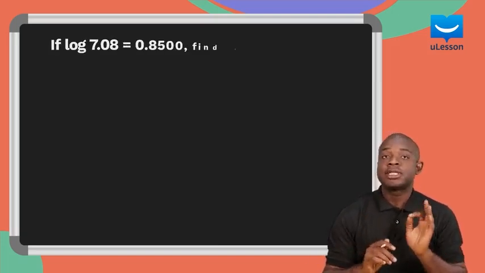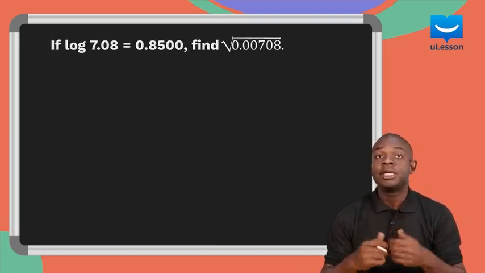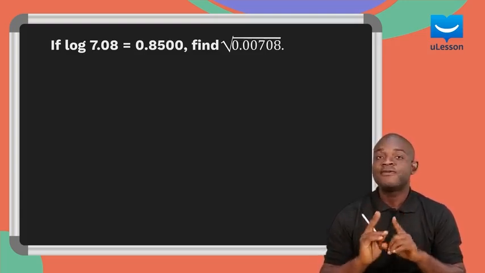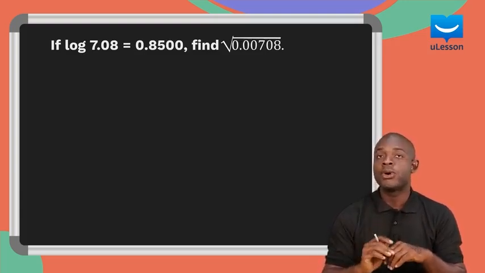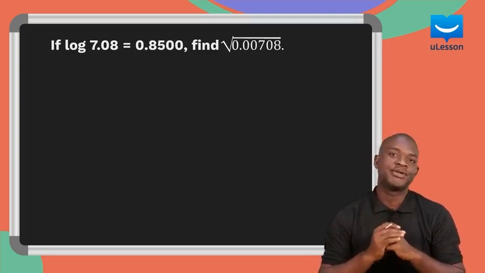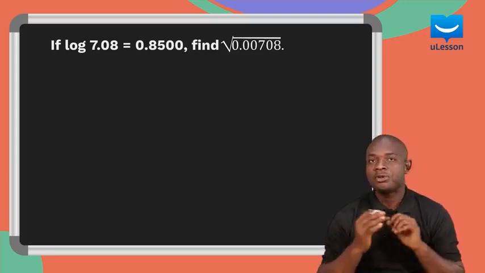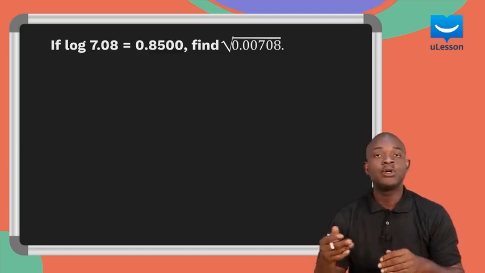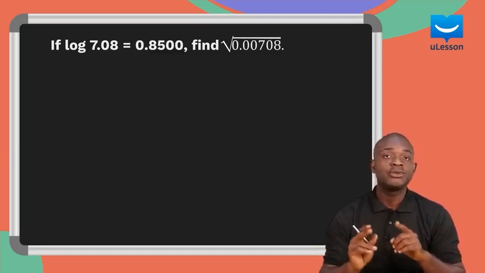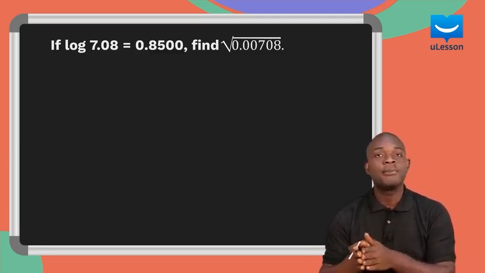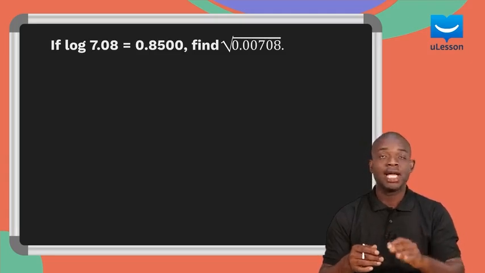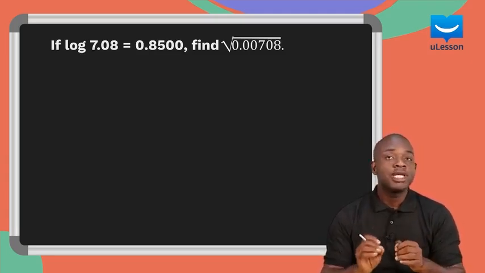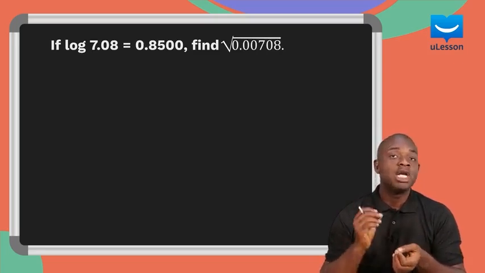Now let's take another example. If log 7.08 is equal to 0.8500, find root 0.00708. Now I'm sure you can recall that in logarithms, when you want to find the root of a number, what you have to do is to find the logarithm of the number and divide it by 2. Then you take the antilog. So in this case, we are going to begin by finding the logarithm of